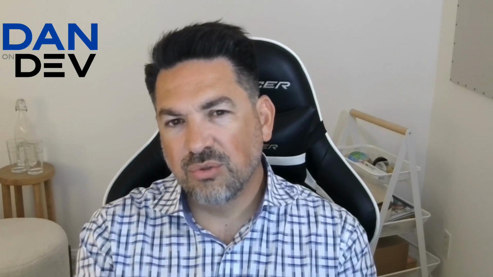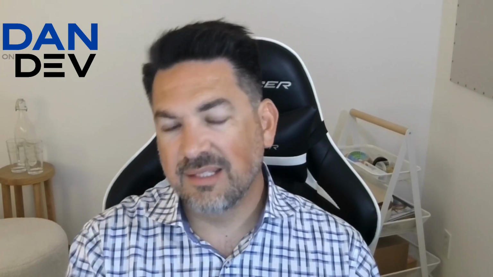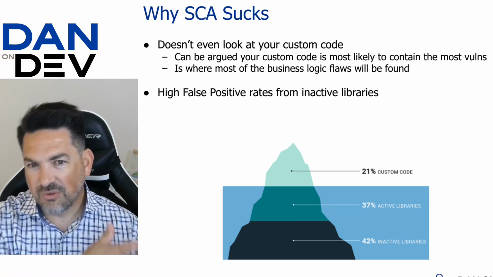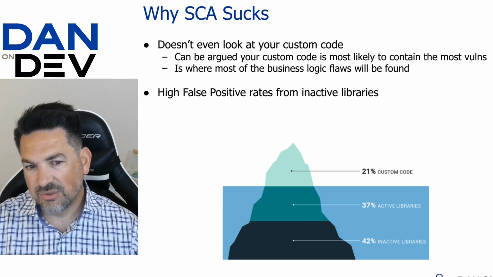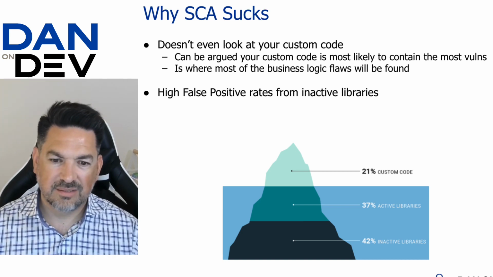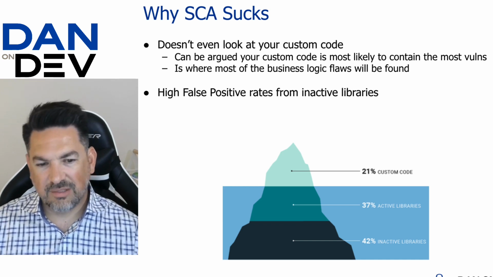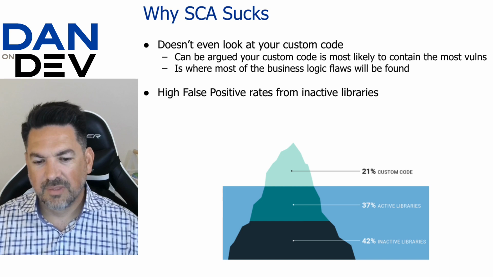So this is kind of a problem with SCA: it struggles to understand what parts of a package you're actually using. And so sometimes you're going to get flagged for something that is never actually going to be actionable. Nobody could ever actually exploit it in your code, but it's going to show up in your report, and you're going to be kind of obligated to fix it. So that false positive scenario is kind of annoying.